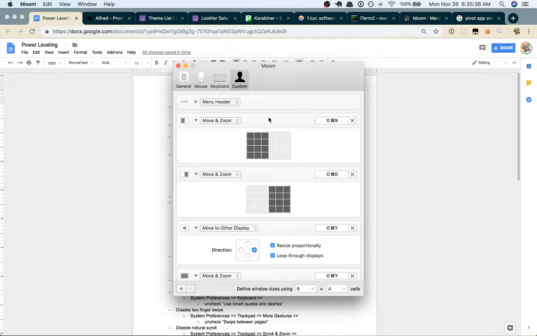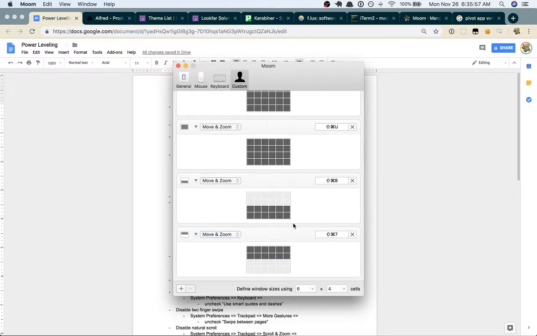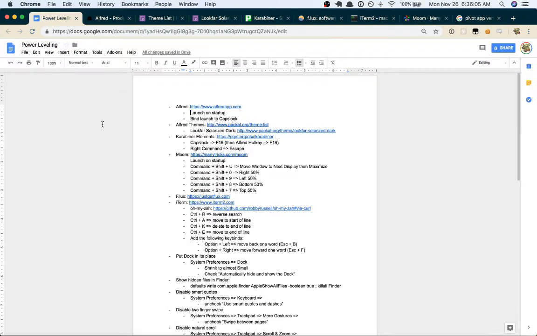Custom, so what you want. So you can add one, and then change to, I just want it to be half the screen. Bind it to some keybind. And if you bind something to the same keybind, it'll sequence them. So the keybinds that I have are Command-Shift-9 to go to the left-hand side of the screen,